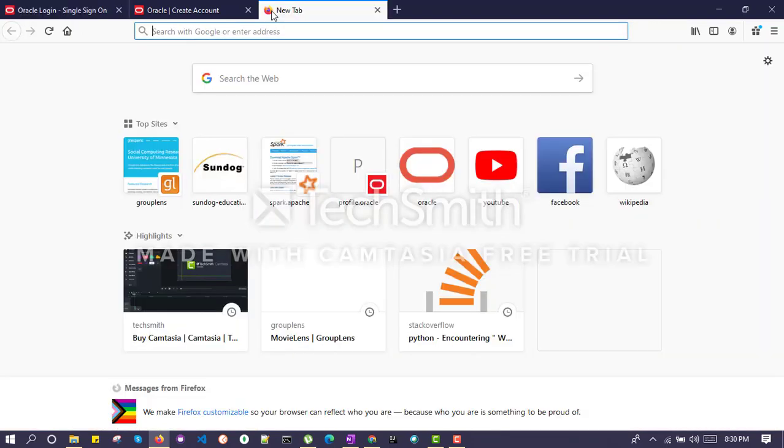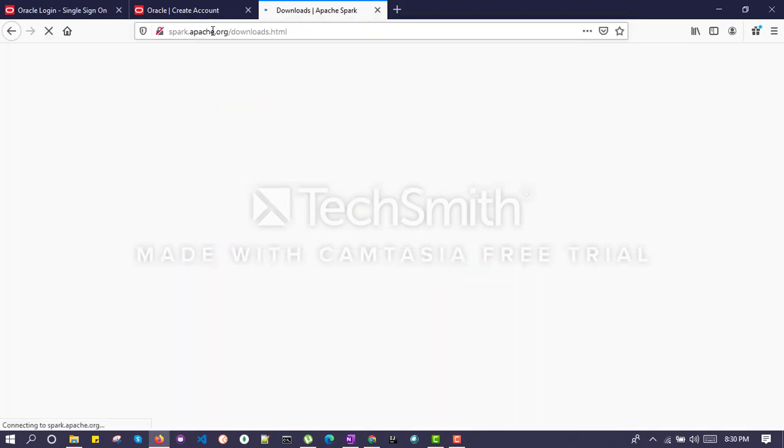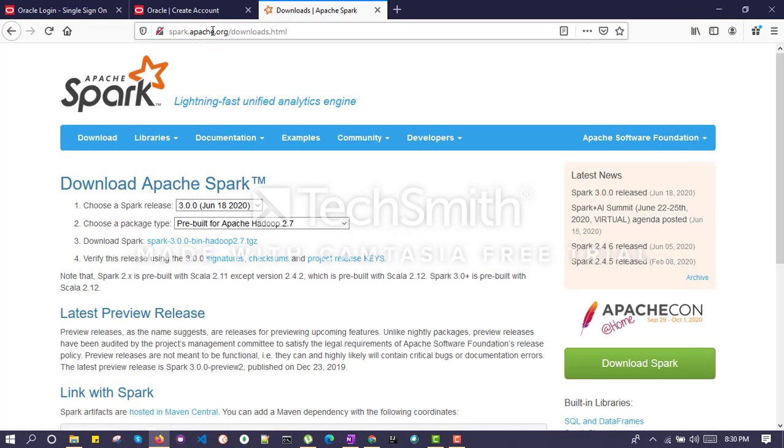For the Spark installation, just go to its official website and we have the current release of Spark 3, pre-built for Apache Hadoop 2.7. Just go to point number 3 and click on this one.